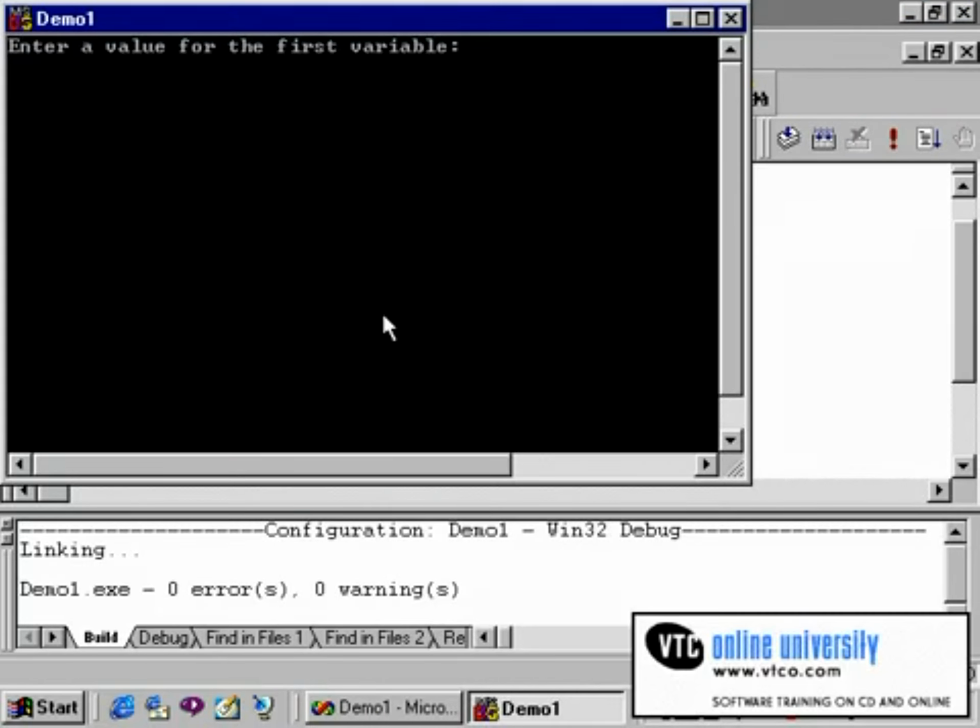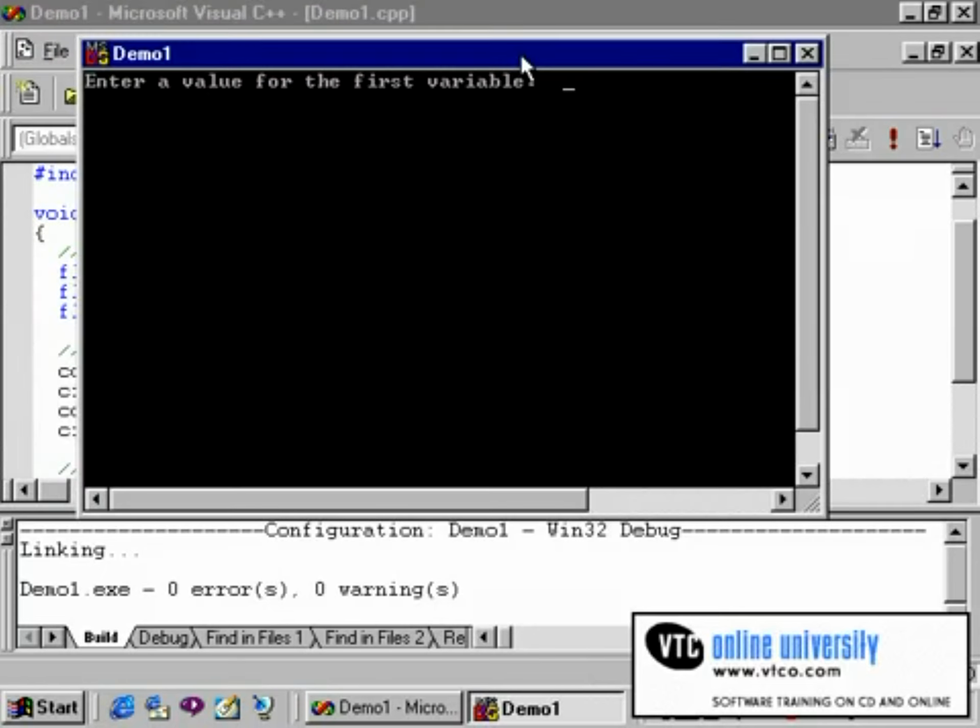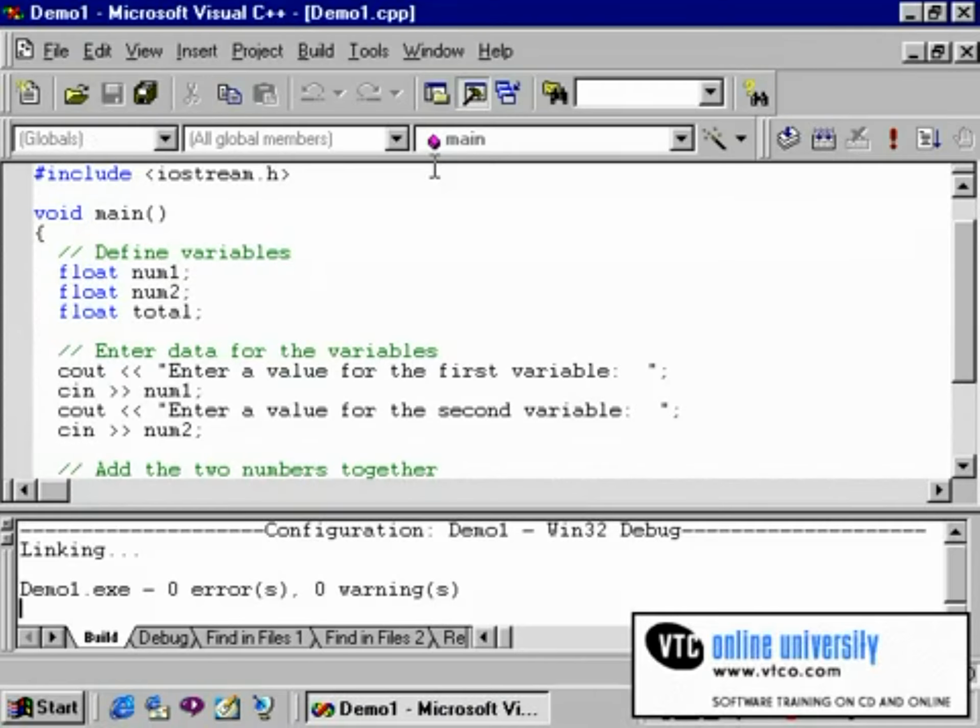The program is now running, and as you can see, it has opened the DOS window. And it's prompting me for the first variable. I'll enter the number 4 and press enter, followed by the number 9 and press enter. Now you'll notice that the program ran, but the output did not stay on the screen long enough for me